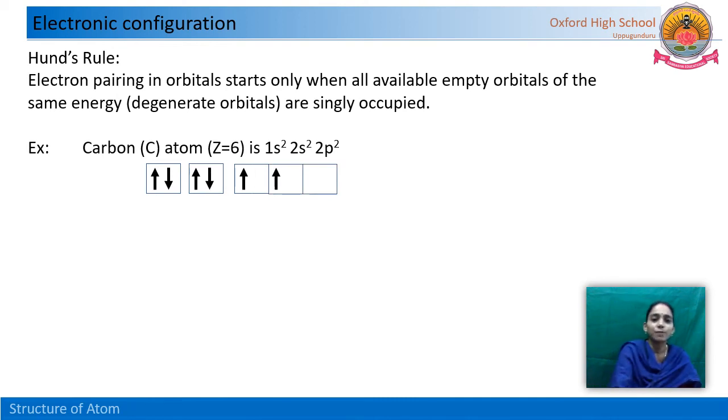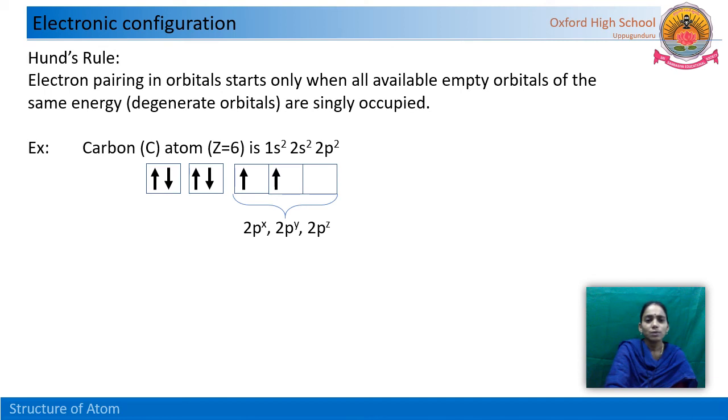See here, first the 2 electrons are filled in the 1s orbital, no problem, and then coming to the 2s orbital, 2 electrons are filled. After filling the 2s, the electrons have to fill the 2p orbital. For 2p, we know these are degenerate orbitals, 2px, 2py and 2pz. So instead of filling 2px with 2 electrons, we have to share among all 3 degenerate orbitals. The first electron goes to 2px, and the next one goes to 2py.